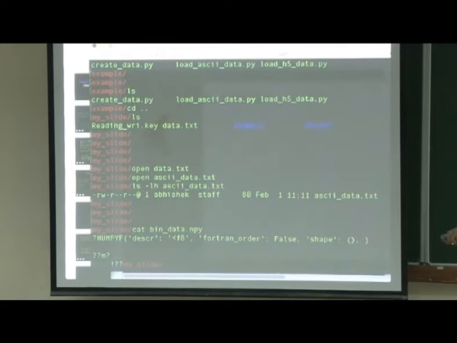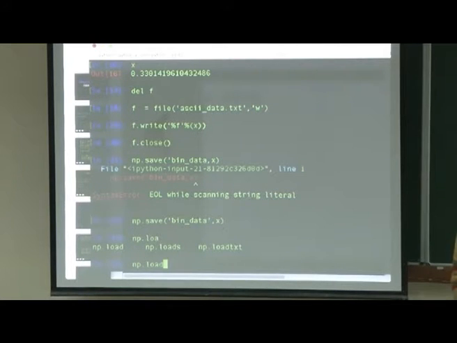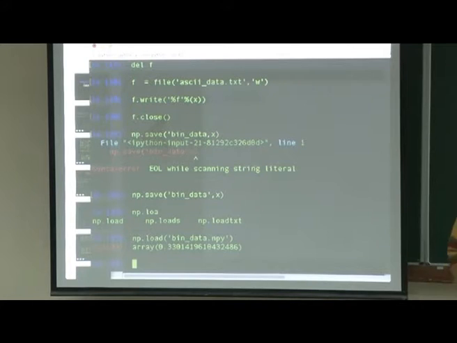I can't read it by doing cat or anything else. So I need to read it in Python. So np.load, and it returns the whole information.